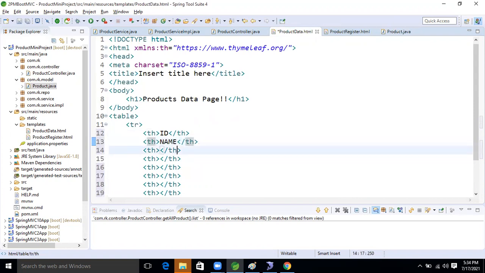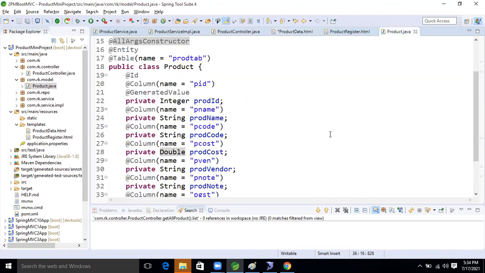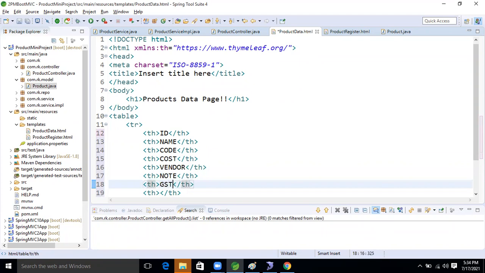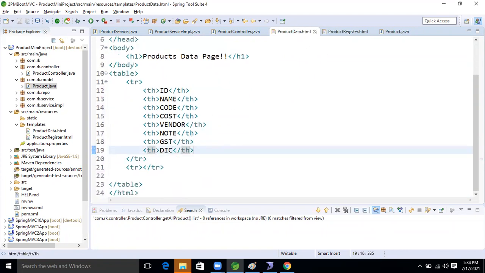Another one is code, and cost, vendor, note, GST, discount. That's it. These fields are there, guys.